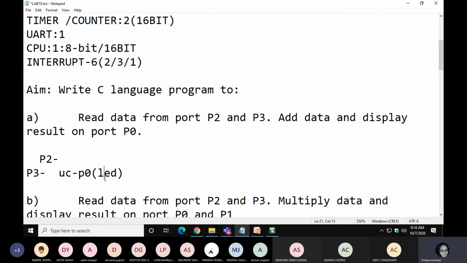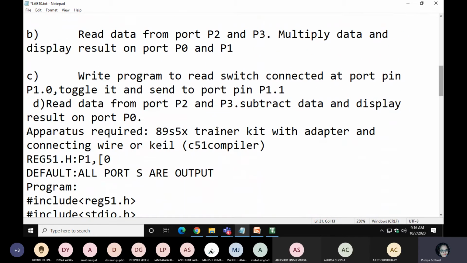Okay, now the next thing: how will I perform this? To perform this we require trainer kits. We are not working in a hardware lab, so I can't avail this kit. But you have one compiler, the Keil C51 compiler. It's easily available online. On a mobile you don't have any 8051 simulator. On mobile you will get 8051 apps showing demonstrations, but you can't run your own program. So I'm not suggesting any Android based app.